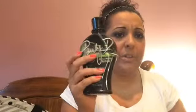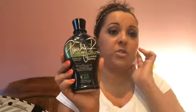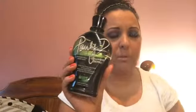I finished a bottle of this. I bought a backup, and I'm currently using the backup now. I really love this. I know that Poly D's come out with a couple other different ones. I don't know if this one is still selling, but if you can find it, give it a try. It does do great things, I think, for someone with olive tone skin who keeps up a color in the wintertime and in the summertime. You can use this in both